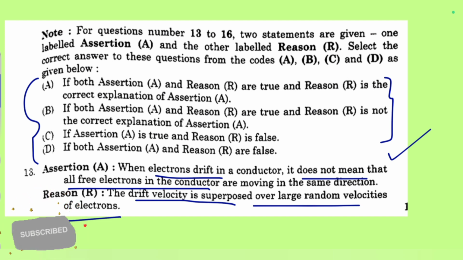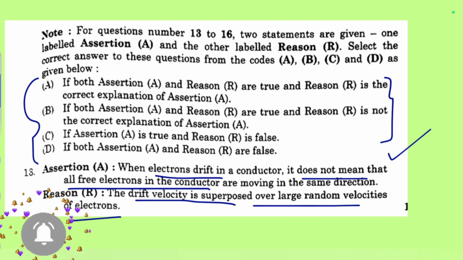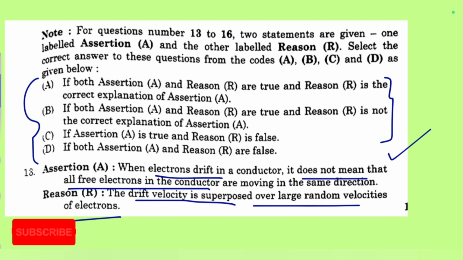So the reason is correct, and because of that, when electrons drift in a conductor, it does not mean it is moving in only one direction. It can be moving in different directions. So that is the correct one. So what should be your answer here? Option number A. Why? Because both assertion and reason are correct, and reason R is the correct explanation of assertion A, so we are choosing option number A as the correct answer for this question